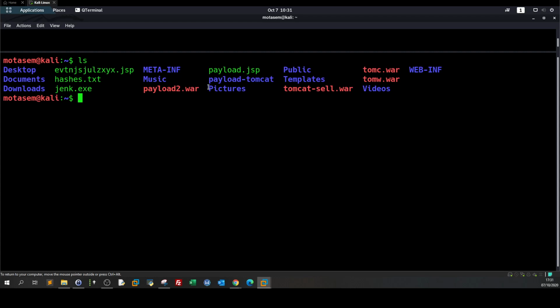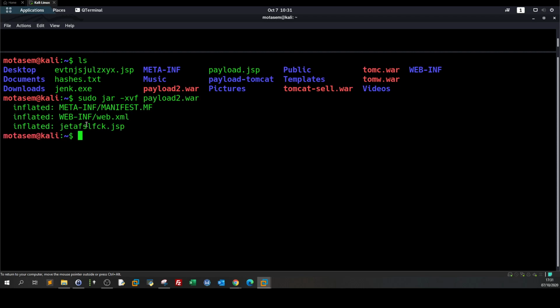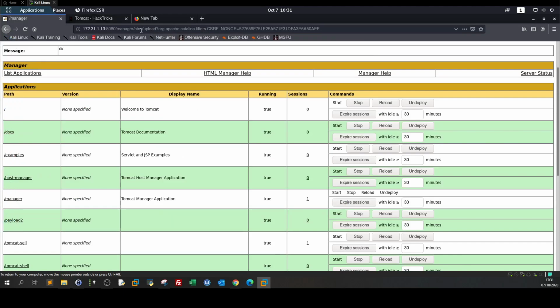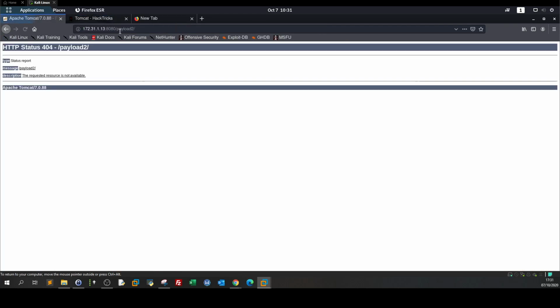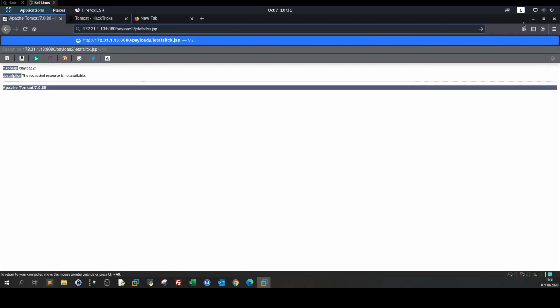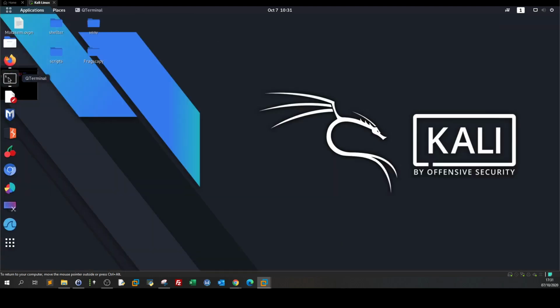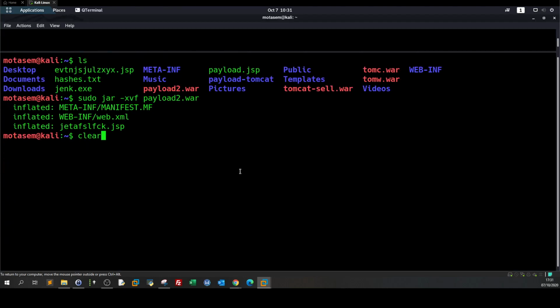So let's now find the name of the payload from the war file. So we type sudo jar -xvf, and here we type the name payload2.war. So the name is jet something. So let's type that in the browser, but before we click enter, we need to prepare our listener. So basically here is the payload, and before navigating to that JSP payload, let's go back and launch